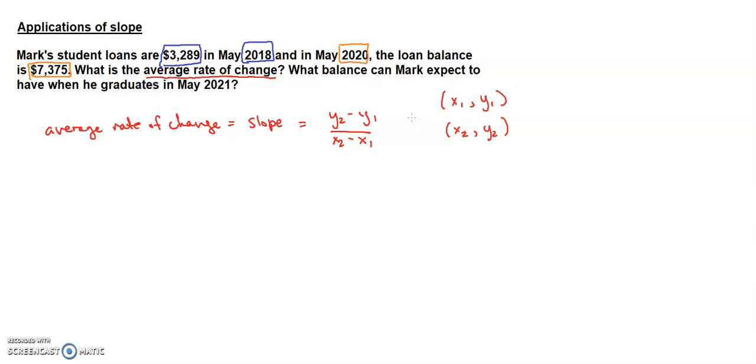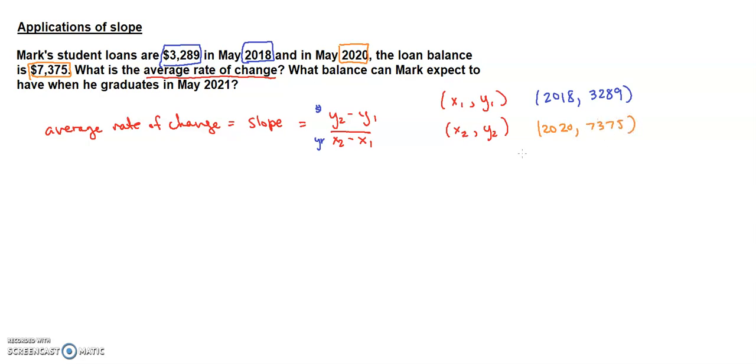The other way that you can look at this is the units and decide which unit makes more sense. Do I want dollars on top or do I want years on top? Do I want dollars per year or years per dollar? Dollars per year makes a lot more sense. So I probably want to have dollars on top. Okay, so that means that the year is my x value, and the dollar amount is my y value. So that's going to give us dollars per year, which makes a lot more sense if we're talking about a bank balance. And then that means that my other one is 2020 and